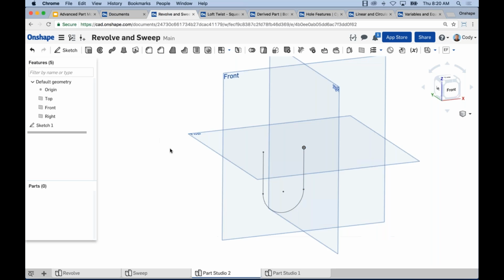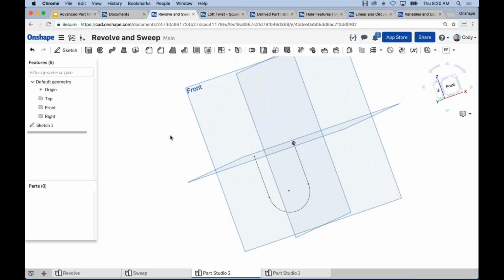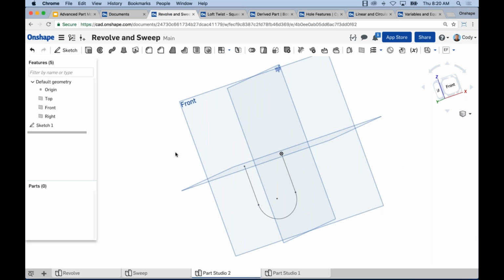Now, one big tip that I have, and this is very useful in the sweep command, I would say the majority of sweeps that you'll create will probably need this command. Not all, but a lot of them. And that is creating a plane. Inserting a plane at the end of your path. That's a very important thing. One big tip, probably the biggest tip that I have for the sweep command,